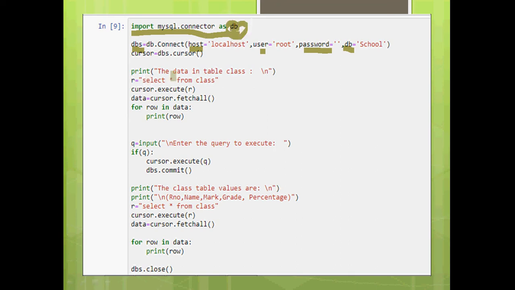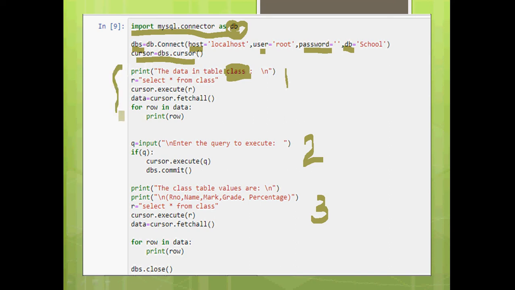Now look at this DB. Now print the data in the table. So first, after creating the cursor, we just want to know what is there in the particular table. We mention only the class table here. The data already in the table, we first display. After displaying the data, we try to execute a query in the second part. This is the second part, and this is the third part. This is the first part. So lots of different types of queries I am showing inside a single function, single program.